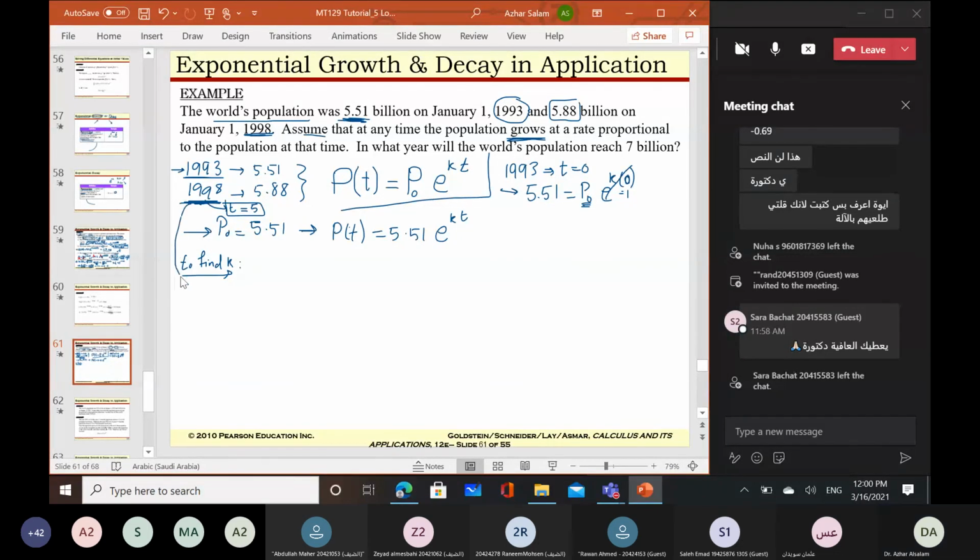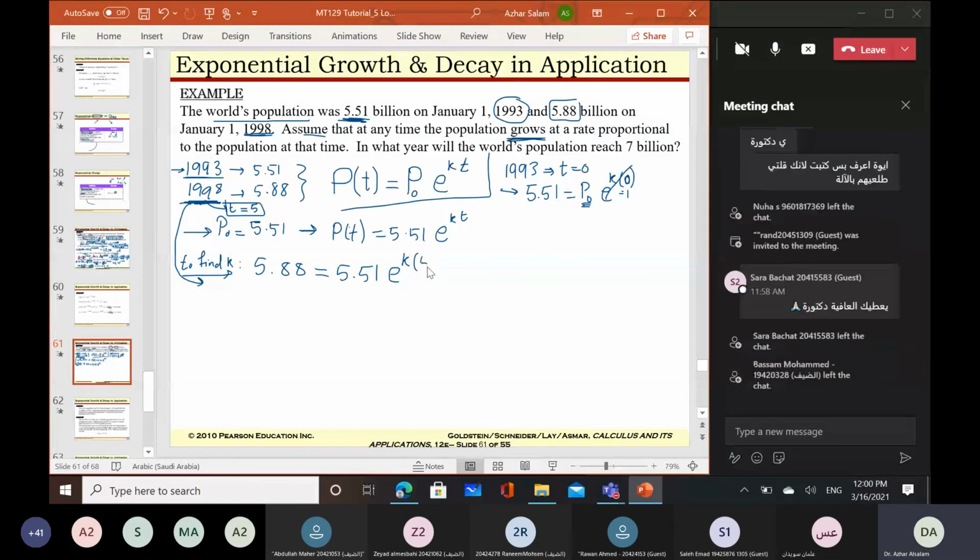I will use the second year, which is 1998. This is the population. Okay, the population was 5.88 equals to the equation, 5.51 multiplied by e to the power k multiplied by t. Here t is 5. So the only unknown here is k. This is the second equation I use to find the value of k. I am just forming the equation here. I put the general form of the equation, used the first given to find the first constant P0, and used the second given to find the second constant, which is k. I will continue here, of course here I divide by this number 5.51 on both sides